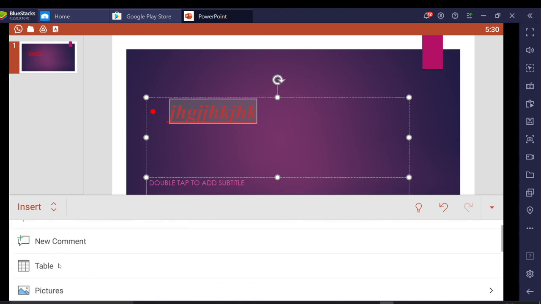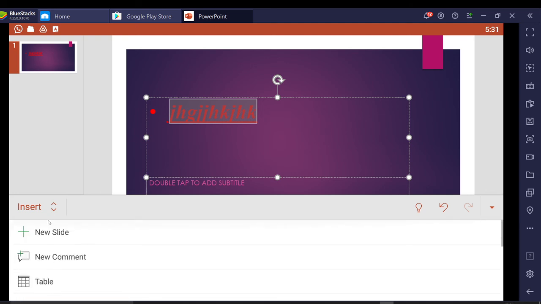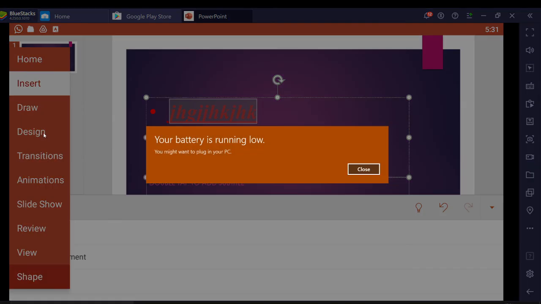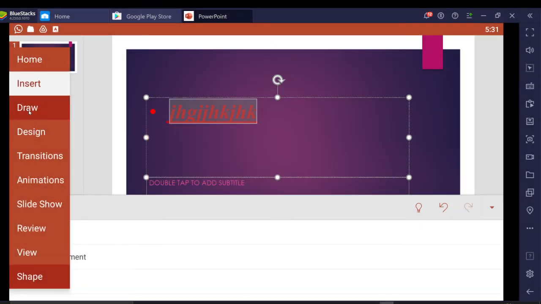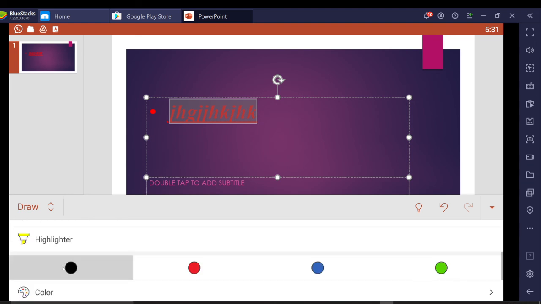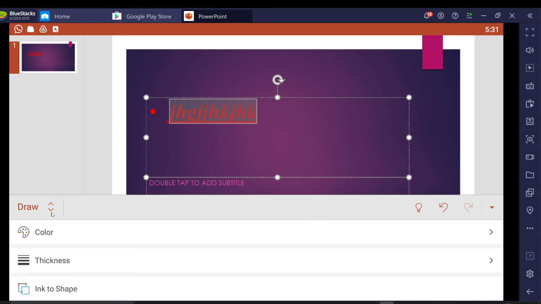I think in this I'm not able to identify equation. I think equation is not there in this. You have to type it outside, copy it, and bring it here. Equation is not there; the rest of the things are there. In the Draw option, as I told, you can draw shapes.